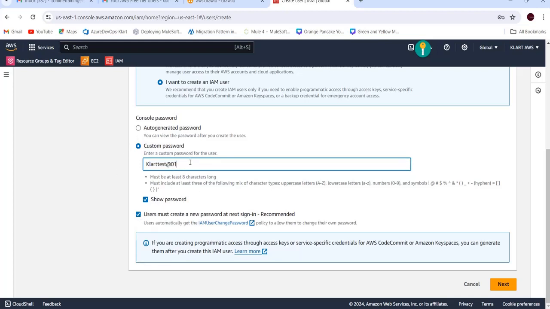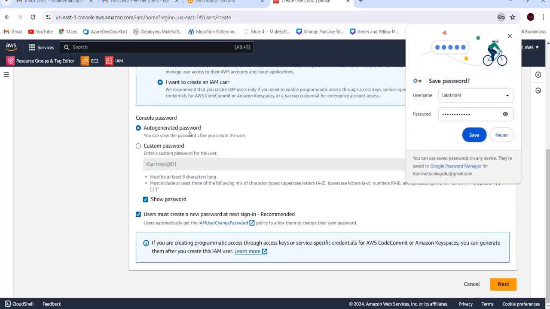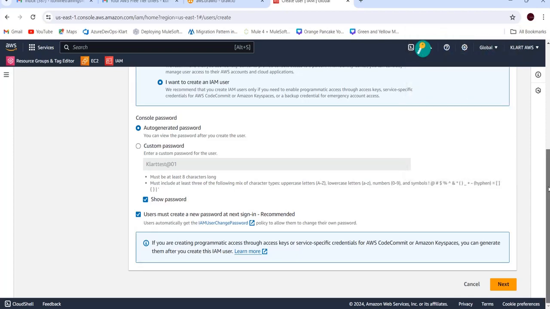Right, so as I have already shown you this password, I'll just select this auto generated password. For now I'll just change it. Okay, right. So now I will get an auto generated password, and the first time the user logs in, the user needs to change the password. Okay, now,